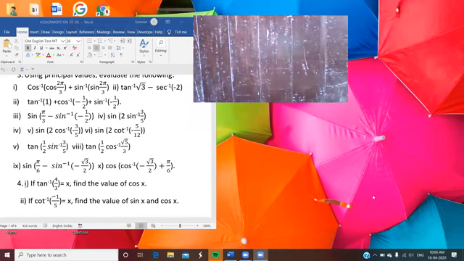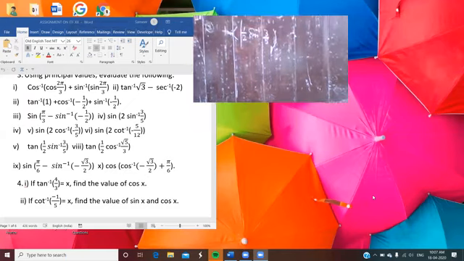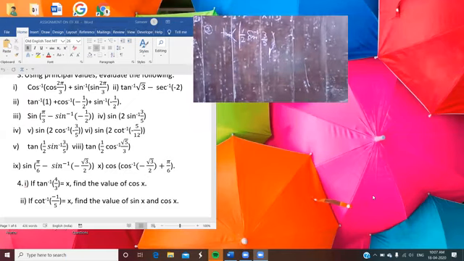Okay, so in this way, that was the sixth part. Now the seventh part is, here you have to find tan of 1 by 2 sine inverse 3 by 5. So in the same way, you assume sine inverse 3 by 5 as x. So let sine inverse 3 upon 5 is equal to x.